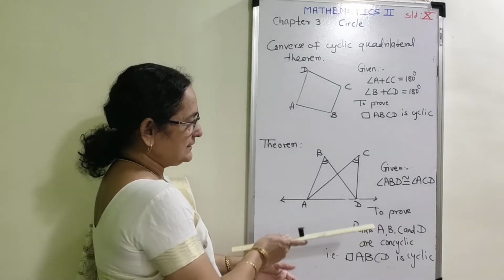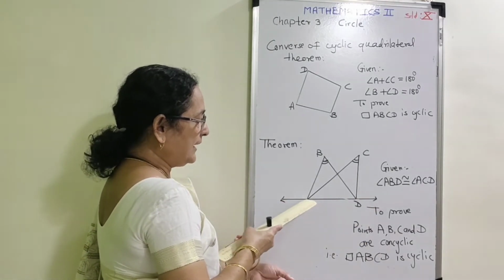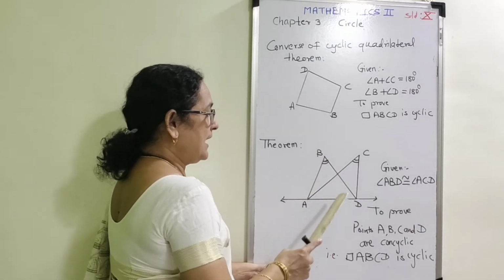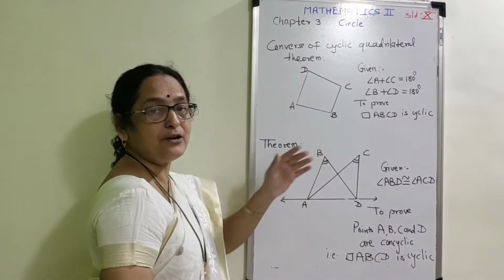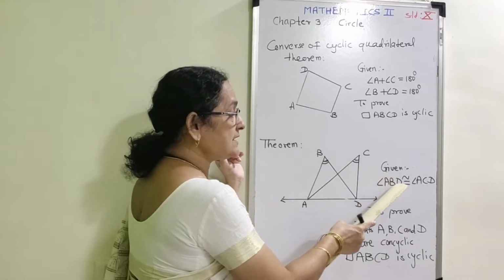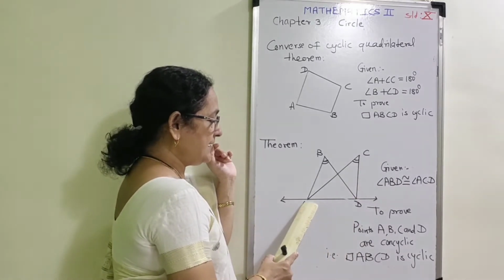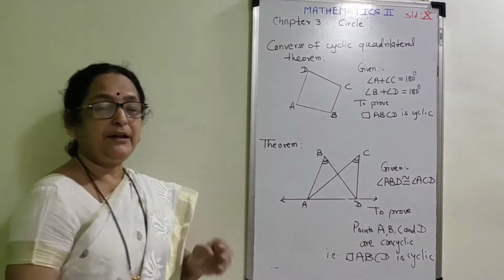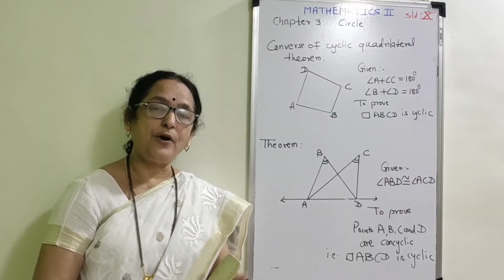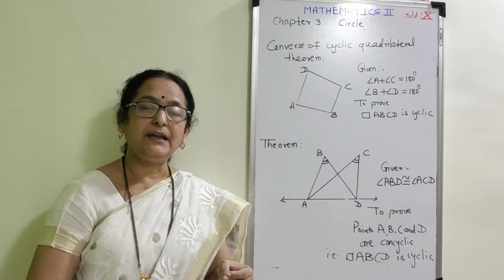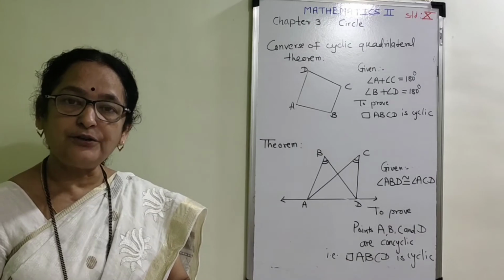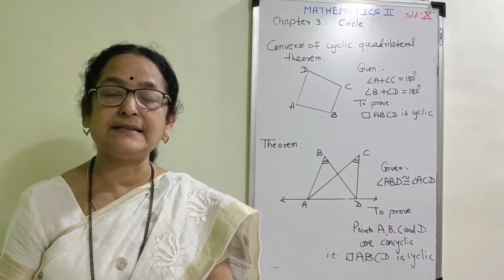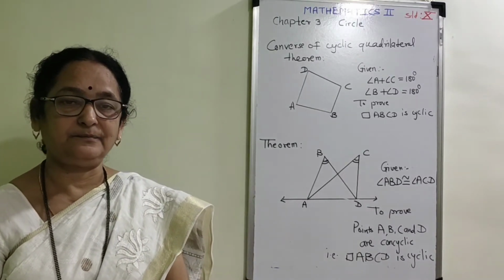Now we are going to learn another statement. Here on a line, two distinct points A and D are given. If angle ABD and angle ACD lie on one side of that line, and if both the angles are congruent to each other, then we can say that here also quadrilateral ABCD is cyclic. In our textbook, they have used the term that points A, B, C, D are concyclic. That means when we join those points, the quadrilateral is cyclic, that is, all the four vertices lie on one and the same circle.